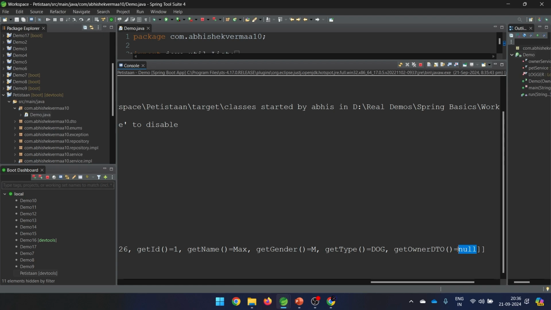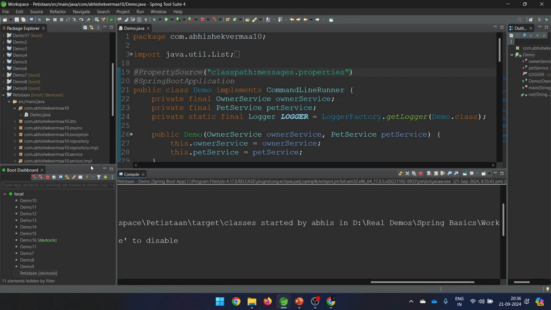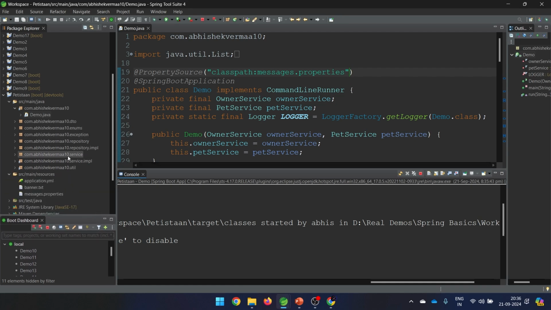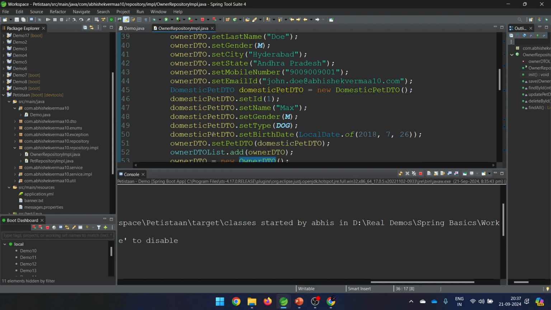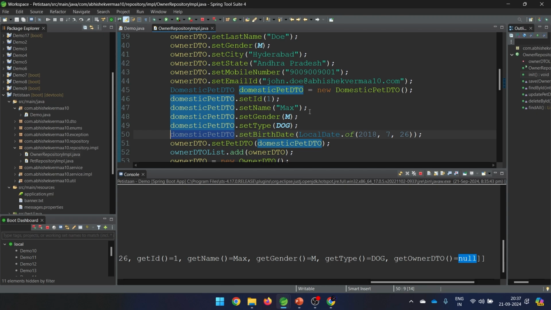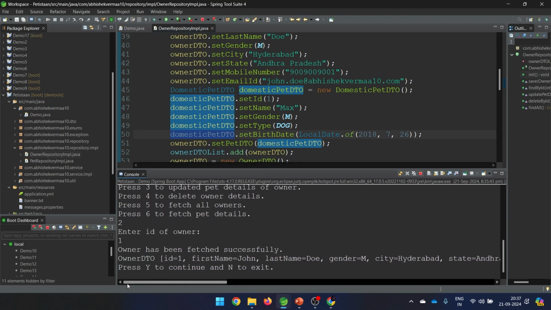So this is also null. Now why is it showing me null here? Because try to understand, here we went to this particular repository impl, so inside this particular one, for this owner we got the pet, so this pet we got, but for this pet, who is the owner? There is no owner, so that's why it is null, because it won't be automatically able to get from the other one, okay. So this is a small issue,